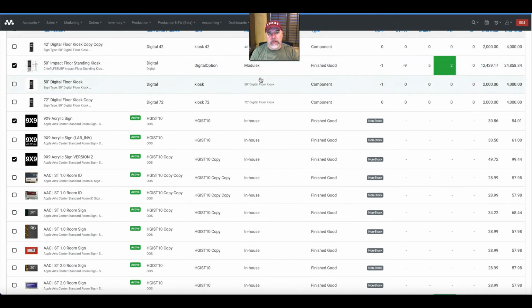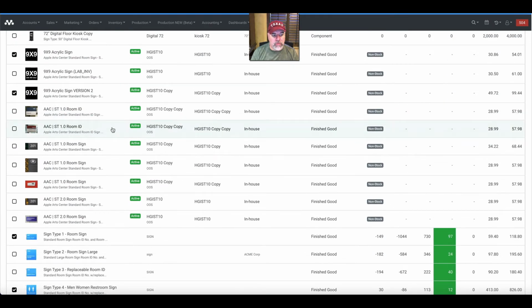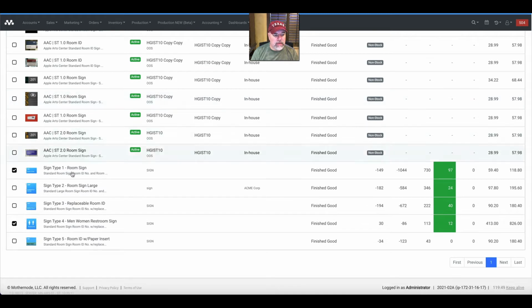All right, so in this case here, I have some preloaded items that are signs for the sign industry, different ones, mostly interior signs that I'm seeing here. And I want to focus on this one down here, which is going to be sign type 4, men and women's restroom sign. Now, I also want to clarify that this doesn't make a difference whether or not this is